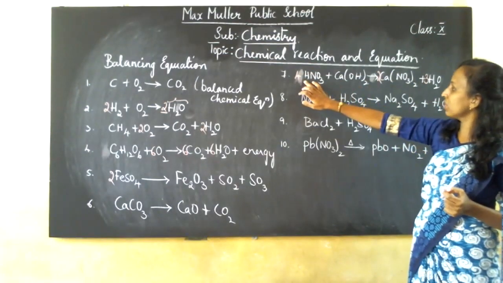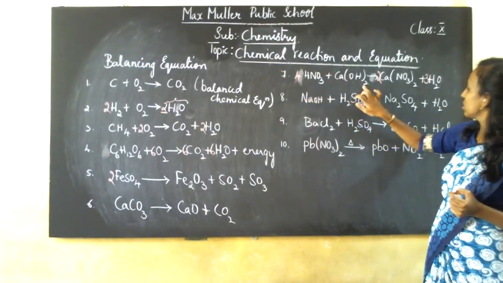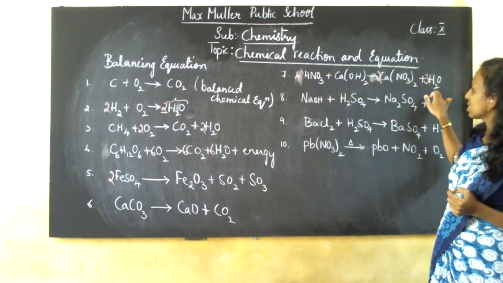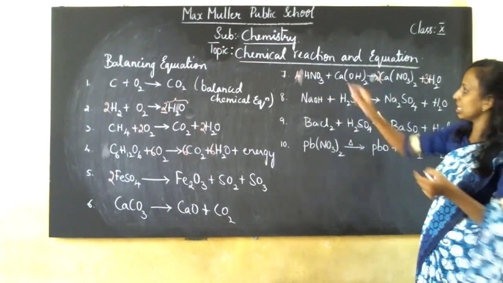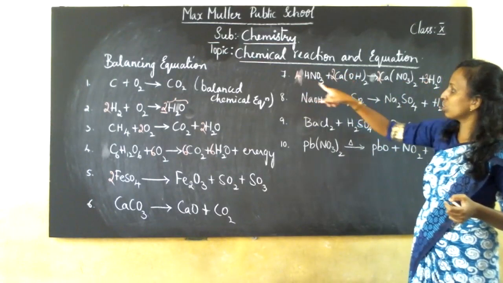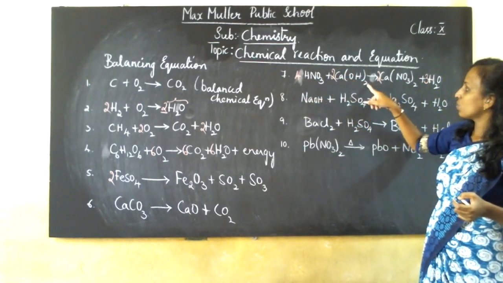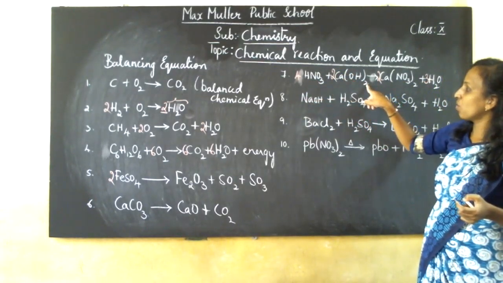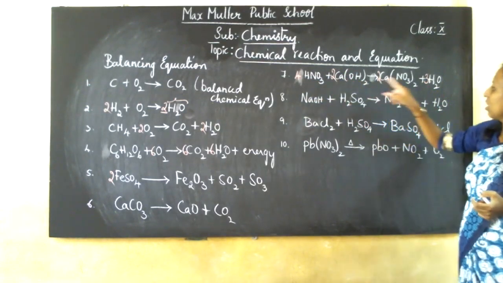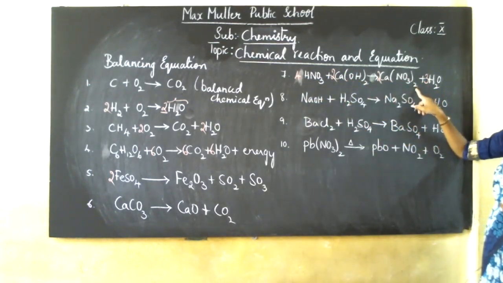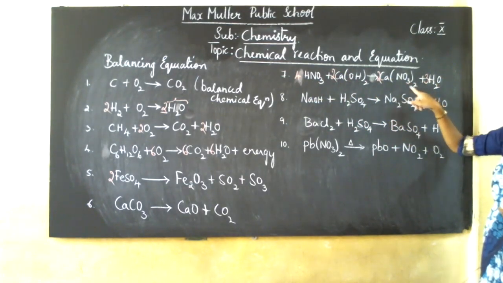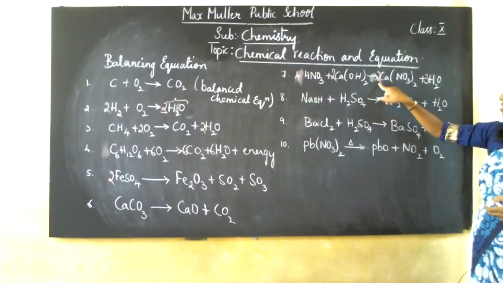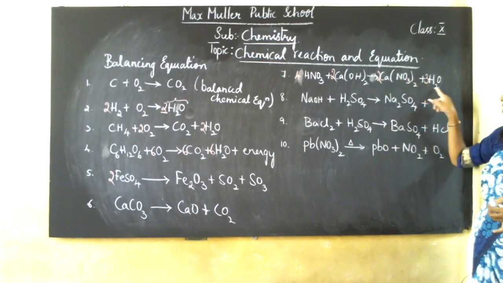Hydrogen, how much you have? Here hydrogen is 4 plus 2 is 6, 3 2s is 6. Again calcium, how much you have? Calcium here 2 it is there, here 2 it is there. Let me take calcium 2 here. So 4 3s are 12, and again it becomes 4, 12 plus 4 is 16. Oxygen, how much you have? 3 2s are 6, 6 2s are 12, 13, 14, 15 we have.